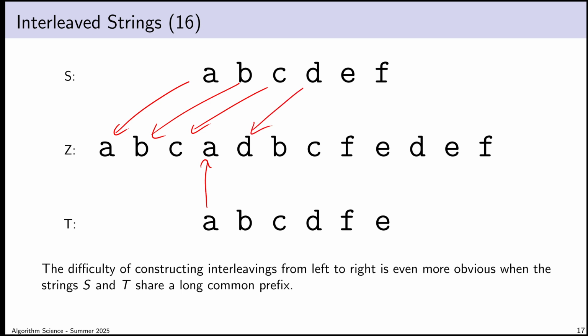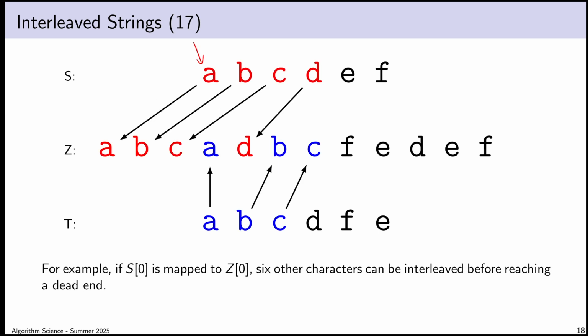And then the D has to come in from S. And then the B has to come in from T. But then I get stuck. Oh, wait, no, one more step, sorry. And then I get stuck. So I bring in the C from T, and then I need an F. And I don't have an F available. The only thing S can offer me is an E, and the only thing T can offer me is a D. So what I wanted to show off here is that this long prefix, I can actually produce a string